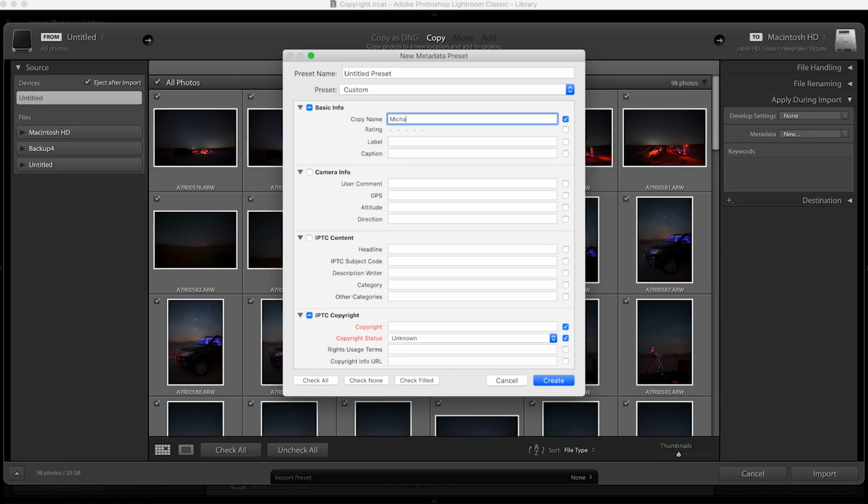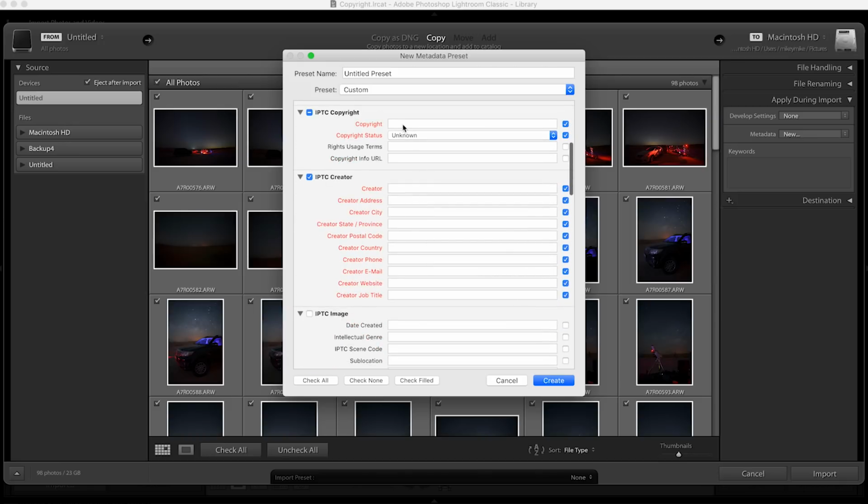You don't have to fill in everything, but this is what I do. I'll fill in my name, the copyright details, and then my address, telephone number and email. As much information relating this image to me as possible. Once you've done that, I'll save mine as copyright info, but you can name it what you want, and then